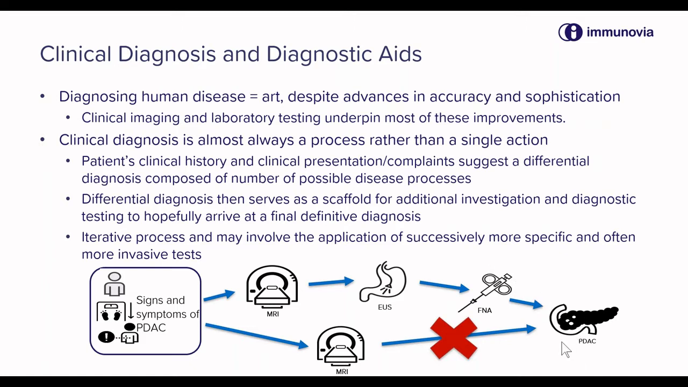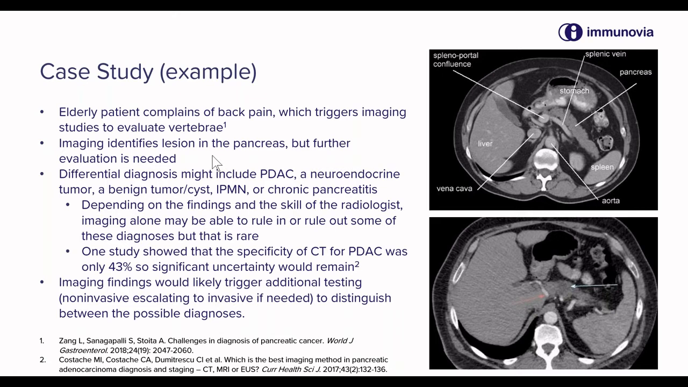What's really almost never occurs is that a single test, in this case we've shown an MRI, leads to a definitive diagnosis. These tests simply don't have the sensitivity and specificity to alone lead to a specific diagnosis. And it's really the combination of these findings, either in parallel or sequentially, that leads the clinician to reach a specific diagnosis. I wanted to illustrate this with an example case study that could lead to a diagnosis of pancreatic